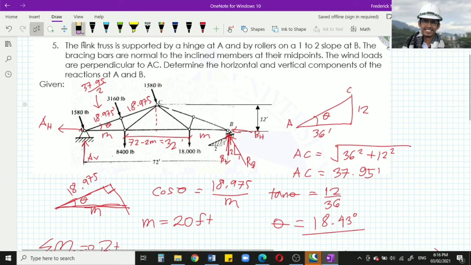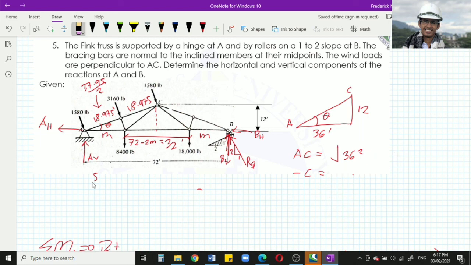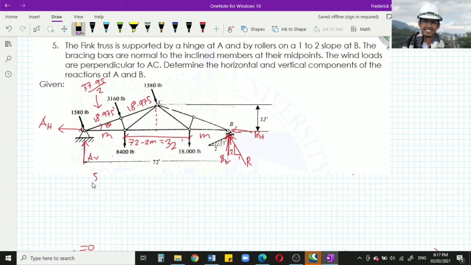So, mag-summation forces vertical muna tayo. So, summation forces vertical is equal to 0. Upward, positive. Okay, so that will be AV